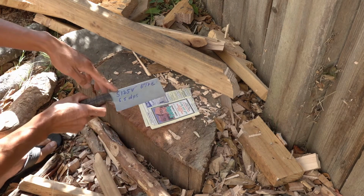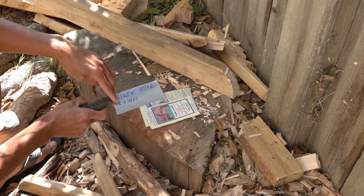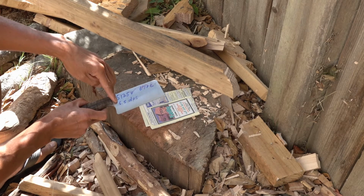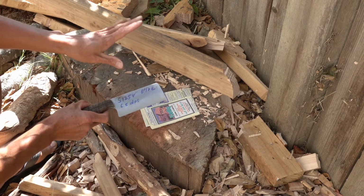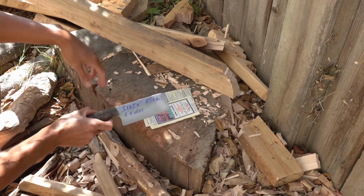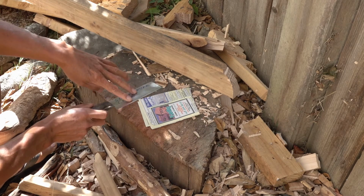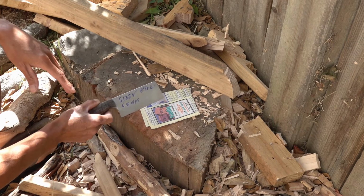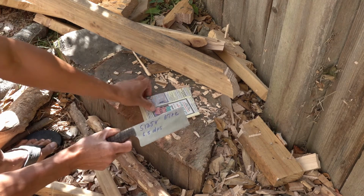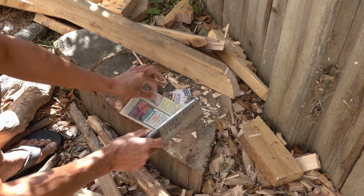This is CPM S125V at 67 Rockwell, sharpened on the Edge Pro at 6.5 degrees precise, which is about 1 degree thinner than a straight razor. And behind the edge thickness, I haven't measured it yet, but I think it's less than 10,000ths of an inch thick. And the starting edge,